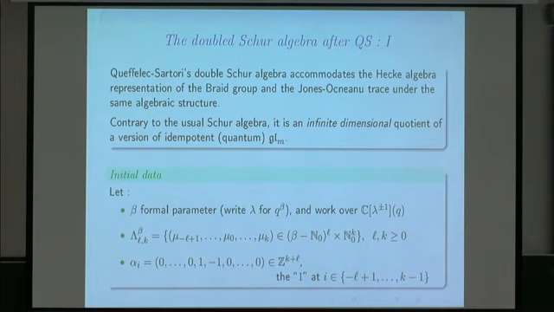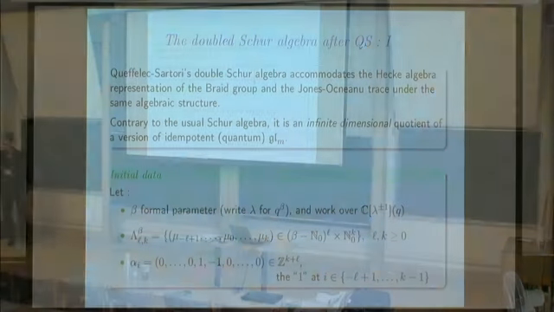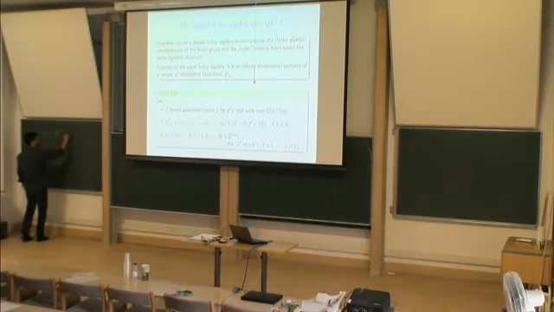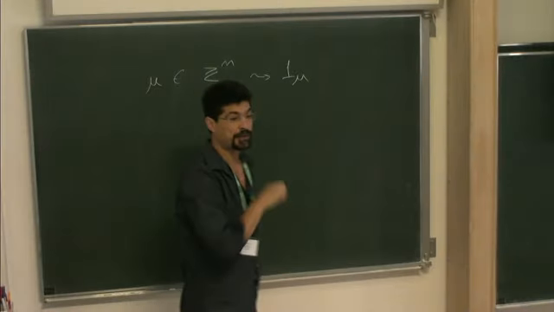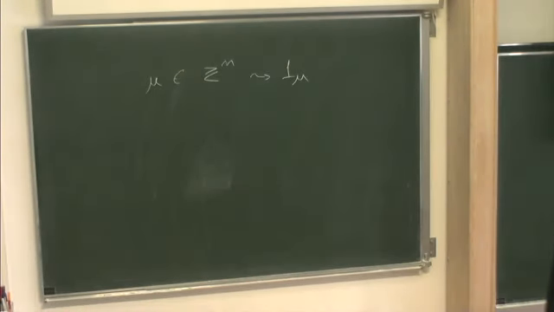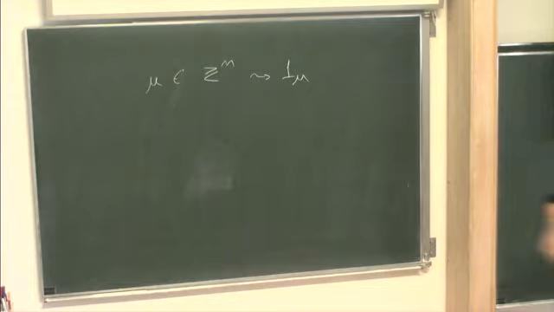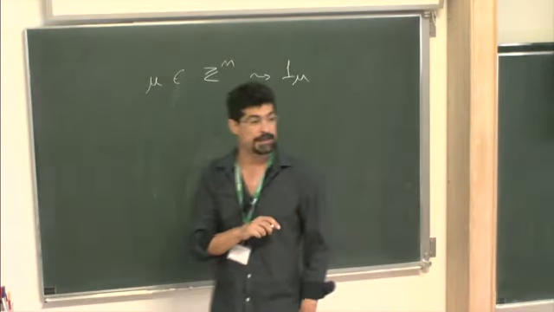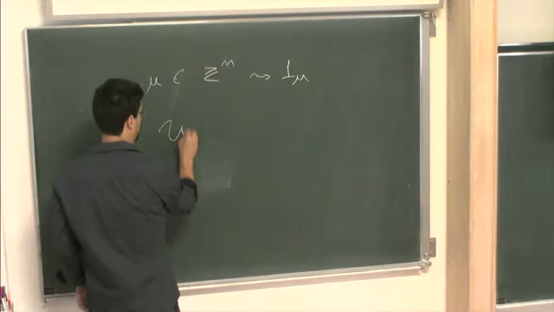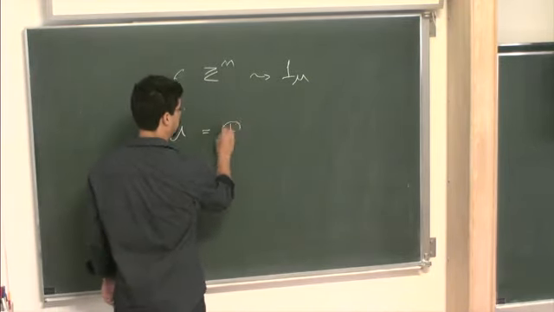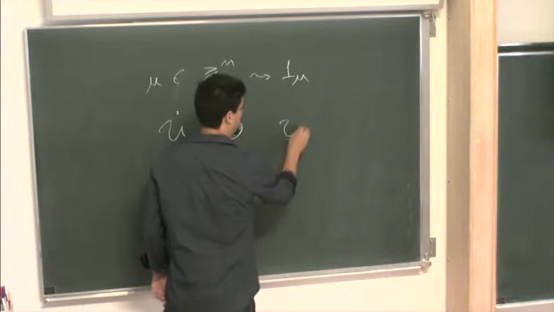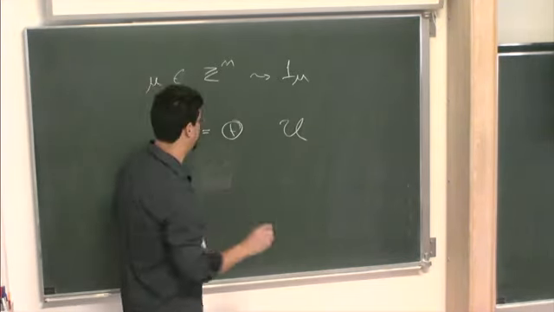So if you like idempotent quantum groups, what you do, for each element in a weight lattice, you produce an idempotent, which is just projection onto this weight space, and then define your algebra as the idempotent truncation, in some sense,